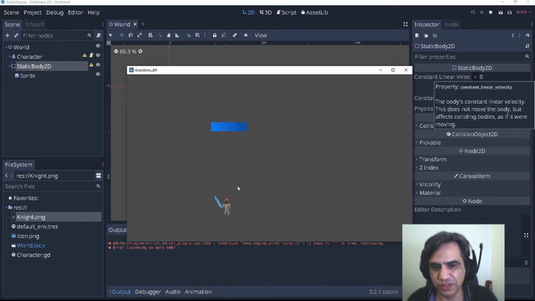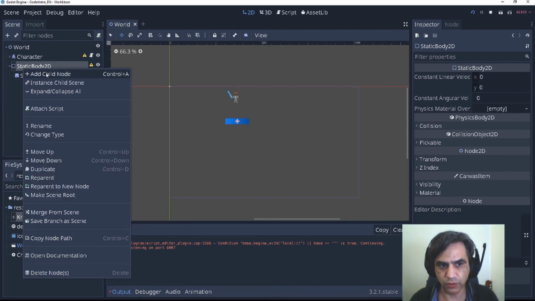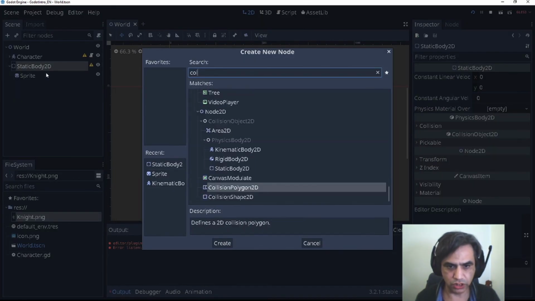Okay, so let's solve this problem. We need to create something that collides, that understands that we are colliding and doesn't move more than that. So we need to have one thing that is called a collision shape 2D.